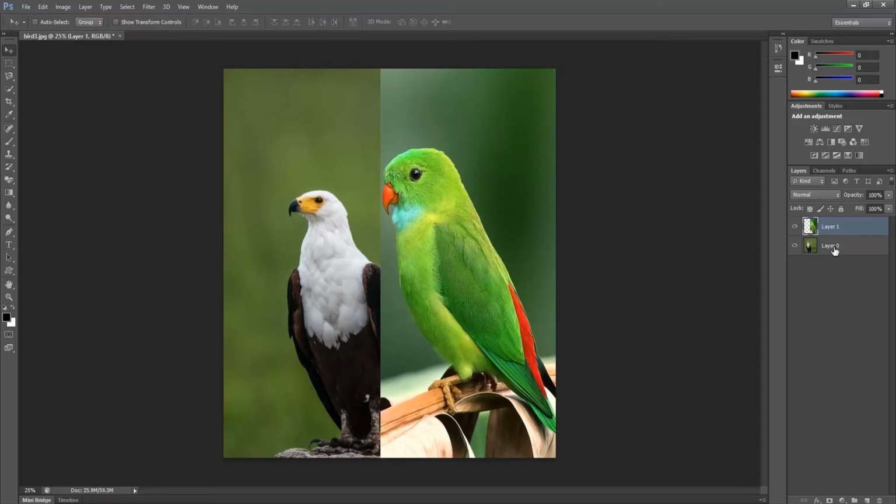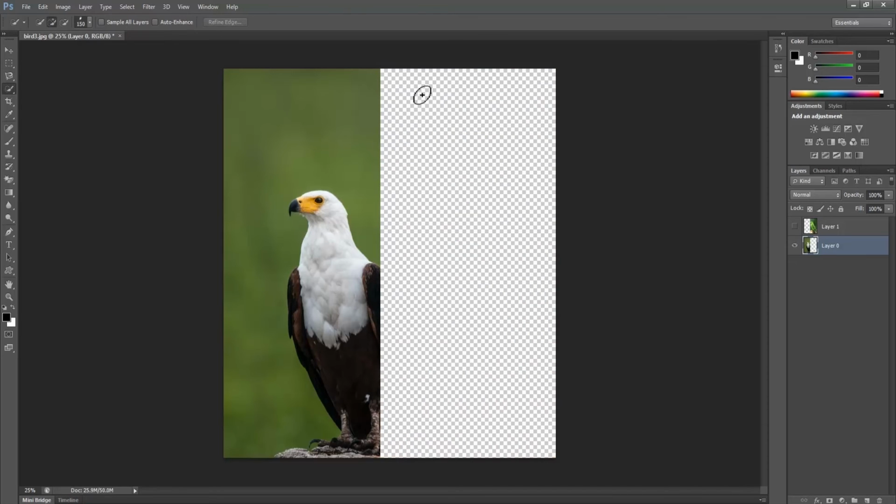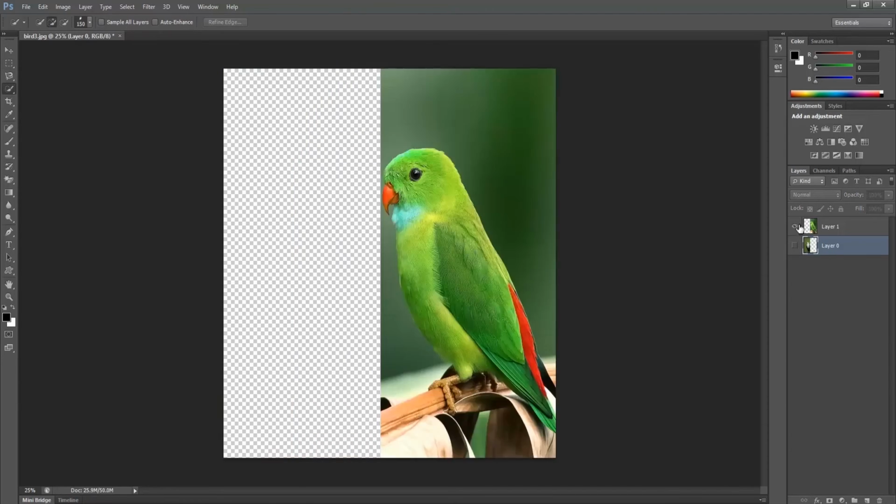And from the background layer, I will delete this particular area. Now in the background layer, this particular area is empty, and in the above layer, this particular area is empty.